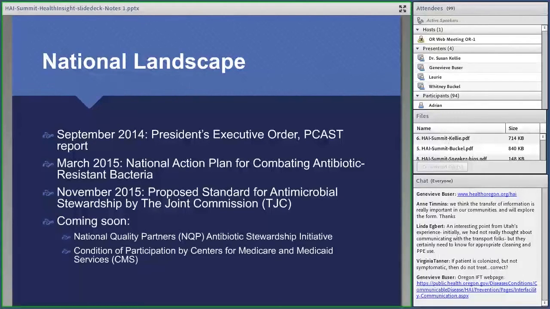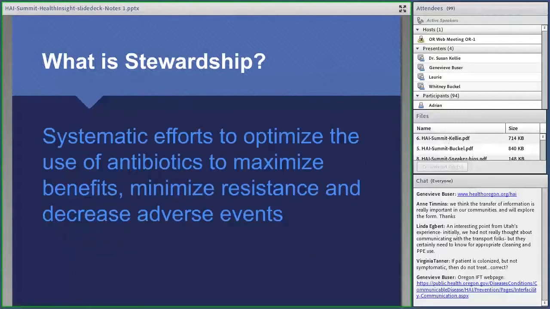So now that it's really on the national scene, and we know we're going to have one of these in the future, what is antibiotic stewardship? The way that I like to think about it is it's a systematic effort to optimize the use of antibiotics, to maximize benefit, to minimize resistance, and to decrease adverse events, which is sort of an all-encompassing goal,